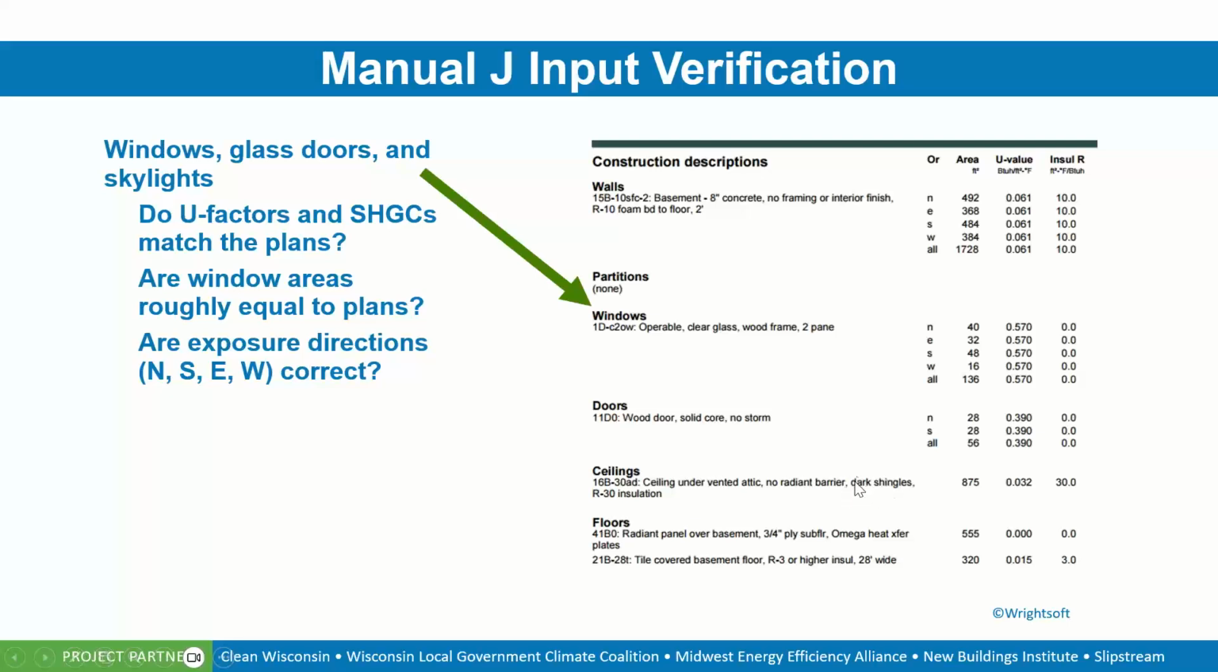Dark shingles. Again, where I mentioned the color of the siding or the roofing material, and specifying the R30 roof insulation gives us our area at that point. And then anything else as floors. So in this case, we have floors over radiant panel over basement, and we have tile covered basement floor. So additional entries. We want to make sure that the Manual J includes the walls and the windows,